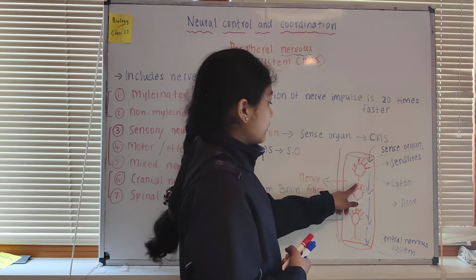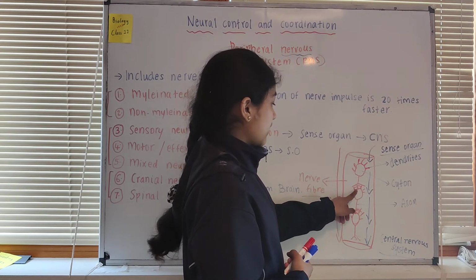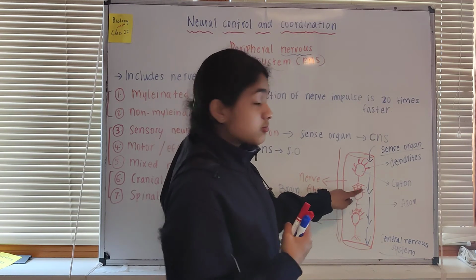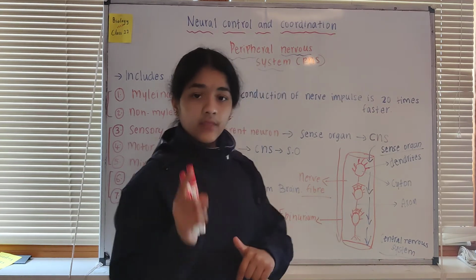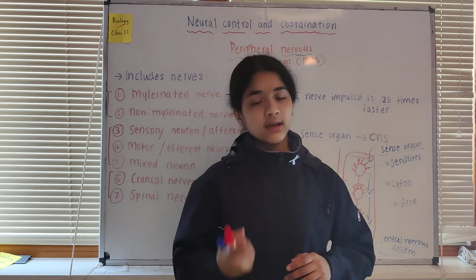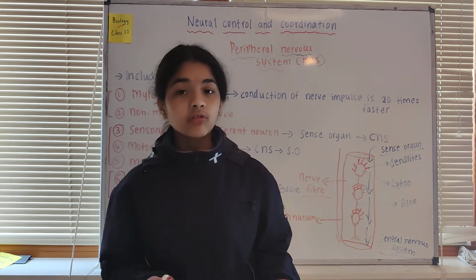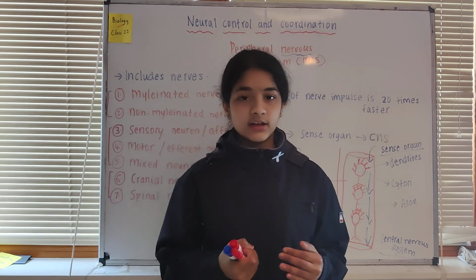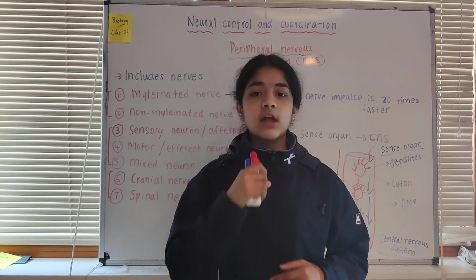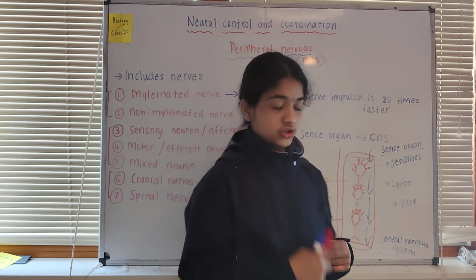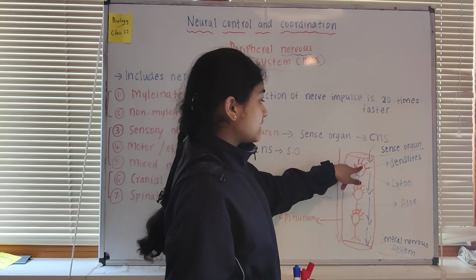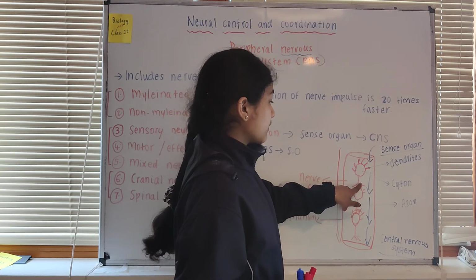So here we have this neuron and the other neuron, and the space between the synaptic knobs of one neuron and the dendrites of the other neuron is known as the synapse. A synapse can be an electrical synapse or a chemical synapse. A chemical synapse is where we have neurotransmitters. An electrical synapse works by conduction of electric signals, like we have positive and negative charges along the membranes. There we have the action potential. So this is how the nerve impulse travels, always from the dendrites to the cyton to the axon.